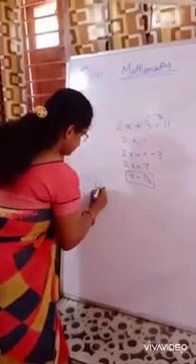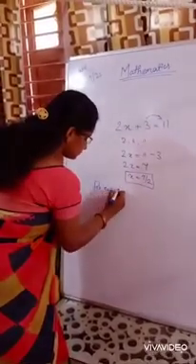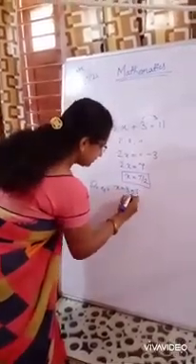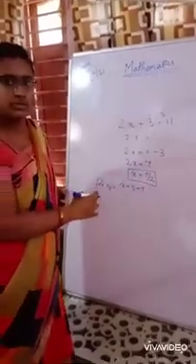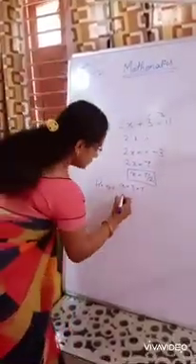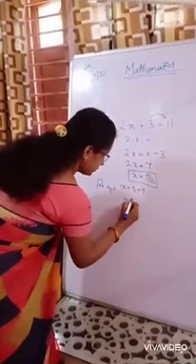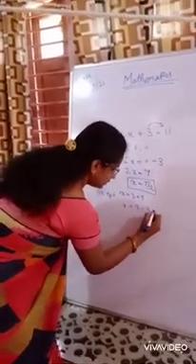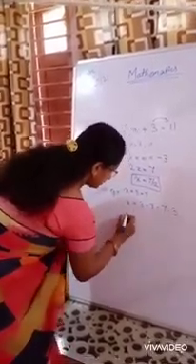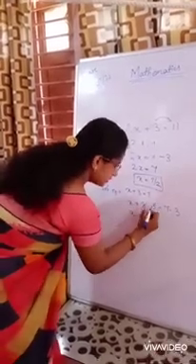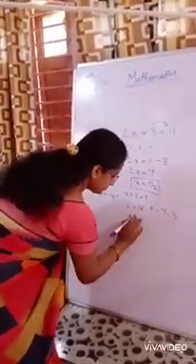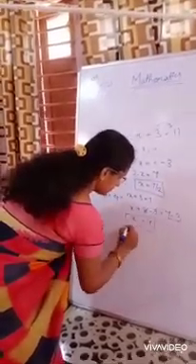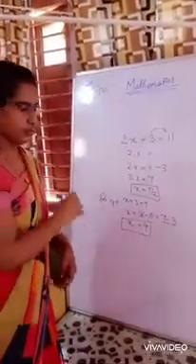For example, x plus 3 equals 7. We have to balance the equation and find the value of x. So we subtract 3 from both sides. x plus 3 minus 3 equals 7 minus 3. The 3s cut, being of opposite sign. 7 minus 3 equals 4. So 4 is the value of x.